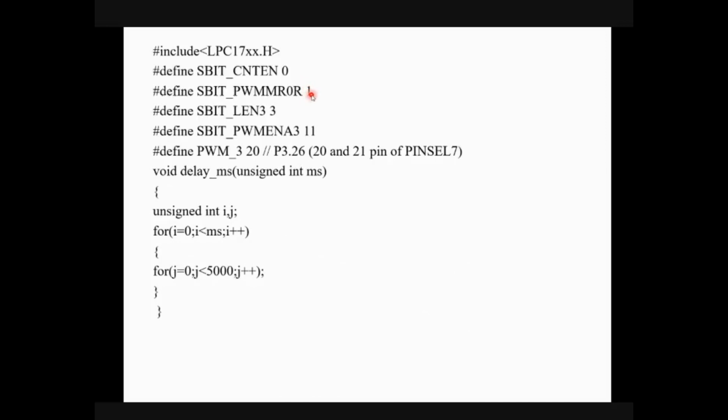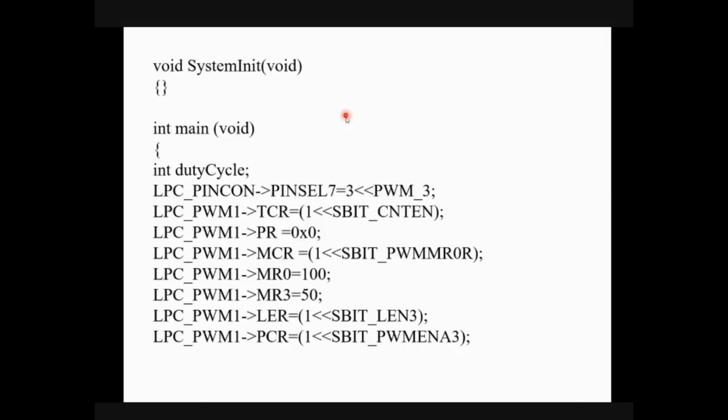The first bit of the MCR register tells us whether you want to reset the MR0 or not when a match occurs. If it is 0, no resetting. If it is 1, the resetting of MR0 occurs when a match occurs. So we are sending 1 to that bit. When we send 1 to that bit, we are configuring that the PWM MR0 register should be reset whenever the match occurs. That is, the timer is reset.